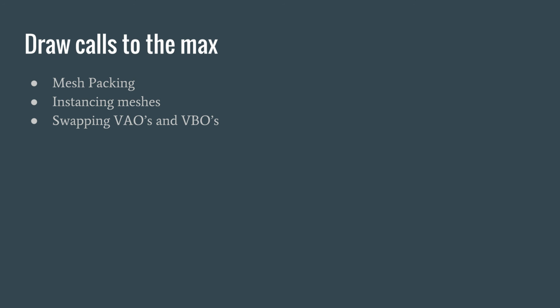So VAO is a vertex array object. It's the same concept as this. Instead of specifying a vector 3 position, a vector 3 normal, you can specify the arrays and say, okay, these are going to go in position 0 on the shader program, and this will go on position 1 for the shader program. And that way each one of these vectors will kind of split out like that. That's all a VAO is,